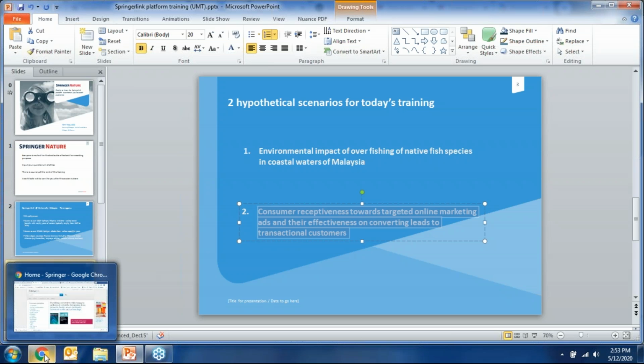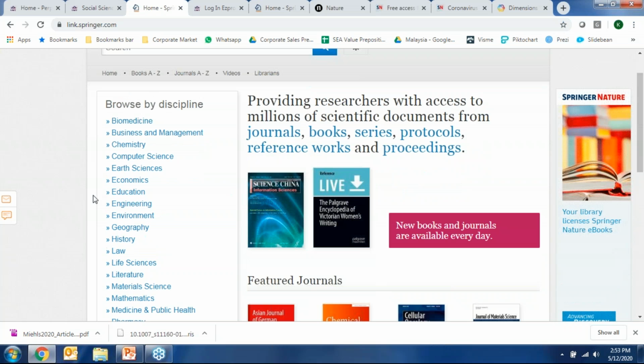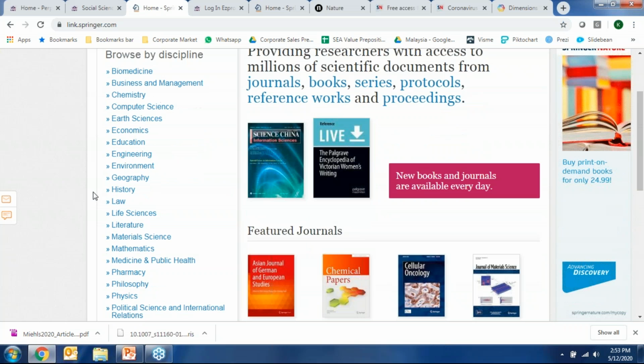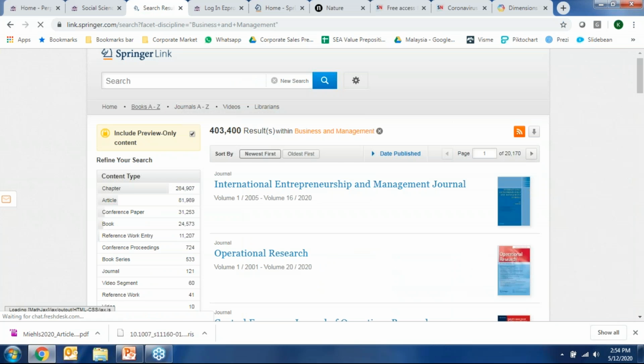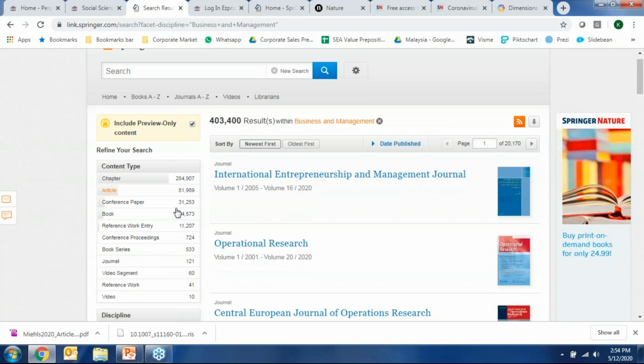So what I could do, if I go back to the homepage in Springerlink, if I want to gain a better understanding of the entire subject area itself, rather than looking at specific types of this, is just go to the different subject matters. So for me, maybe it's in business and management. You will arrive again at this results page where you should filter your subdiscipline.